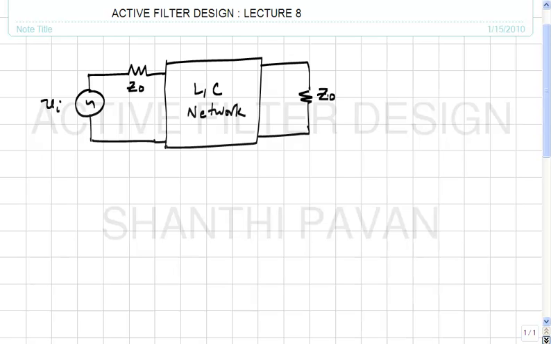We are attempting to realize an LC network implemented as a ladder that realizes the desired transfer function, which